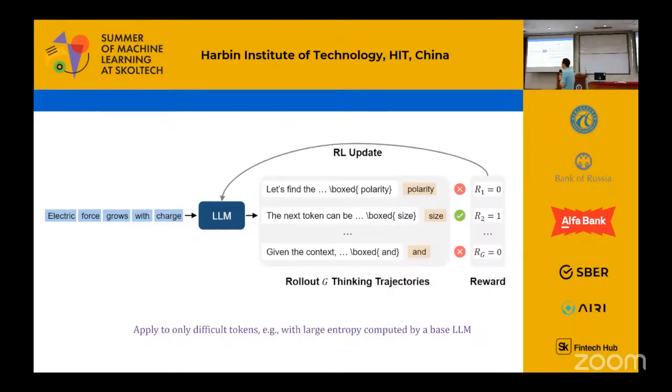I also have a question about next token reasoning. Will the LLM learn something readable by humans between these think tokens, or will it be something not readable? Between think tokens, the LLM can produce something, but we don't have a loss on it, as I understood. And the question is, will the LLM learn something interpretable and readable by humans, or maybe it will be some mess of tokens?